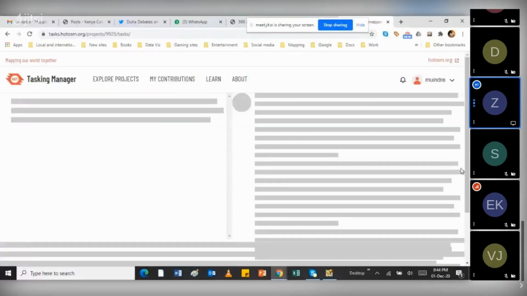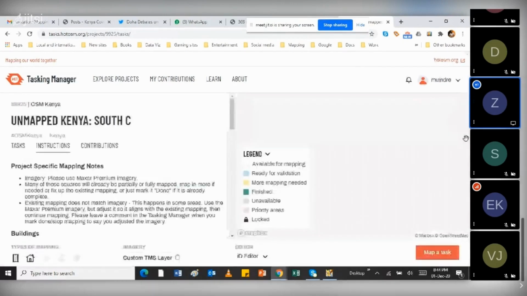Then always remember, if you want to use ID, you just switch here. Where it's written ID editor, and you want to switch to JOSM, you just click on JOSM. That's all. I don't think any other thing.